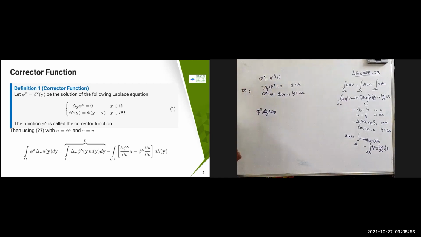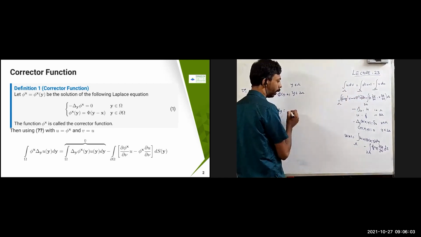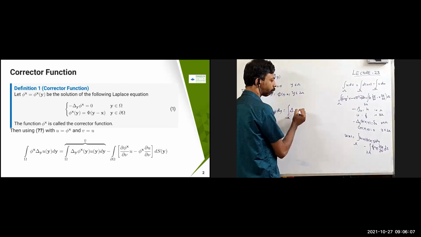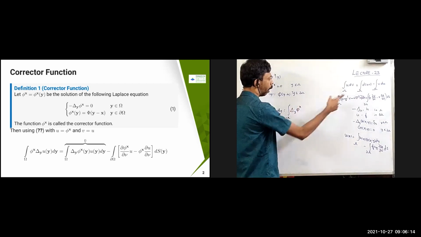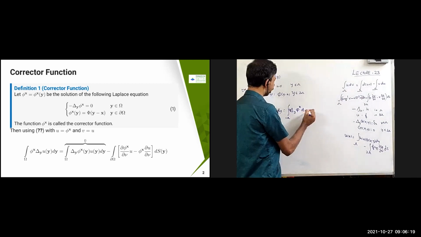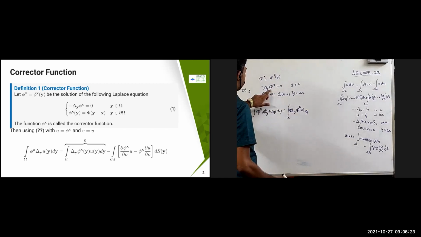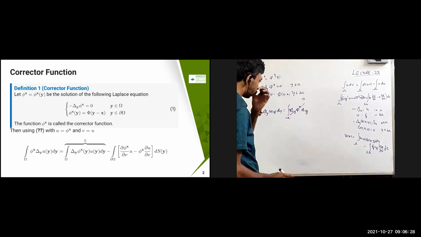So the delta u y dy term I'm going to bring to the other side. That is going to become the integral over omega of delta y phi x, where in the u place I am splitting, and in the v place I'm going to put u, into dy. But what is this one? This is delta y phi x, which is 0. So this is going to become 0.